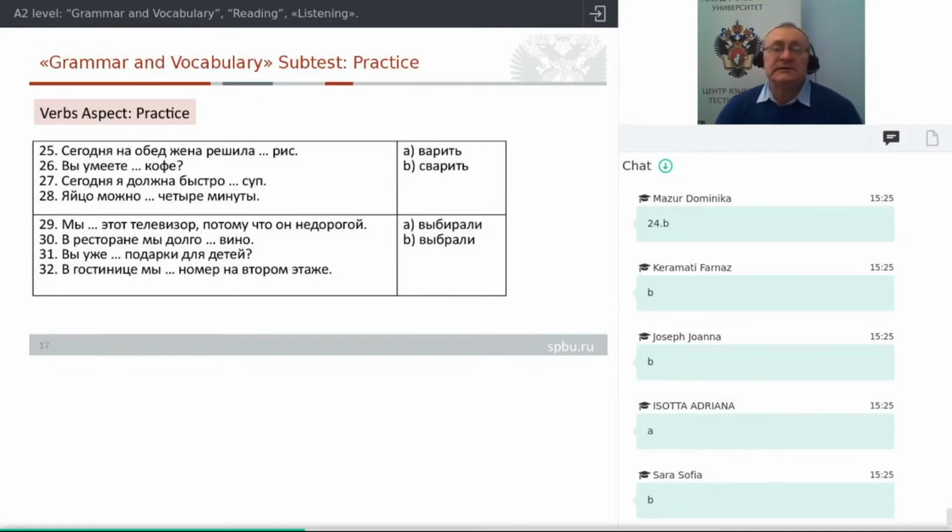Now, some sentences focusing on verb aspect. You know, it's another extremely difficult area. And, well, a possibility to make a lot of mistakes, actually, at the test, during the test. Please,